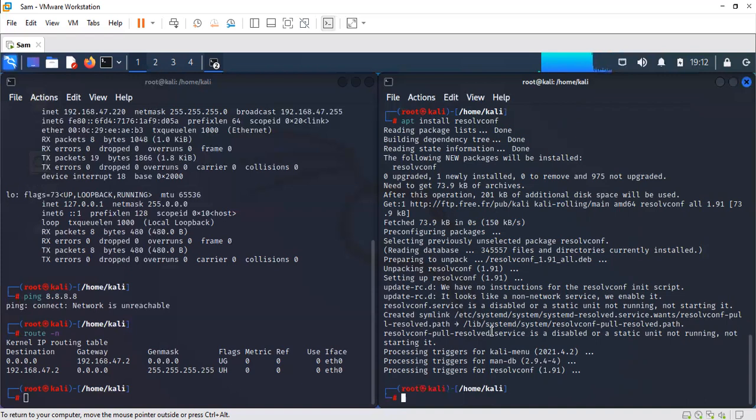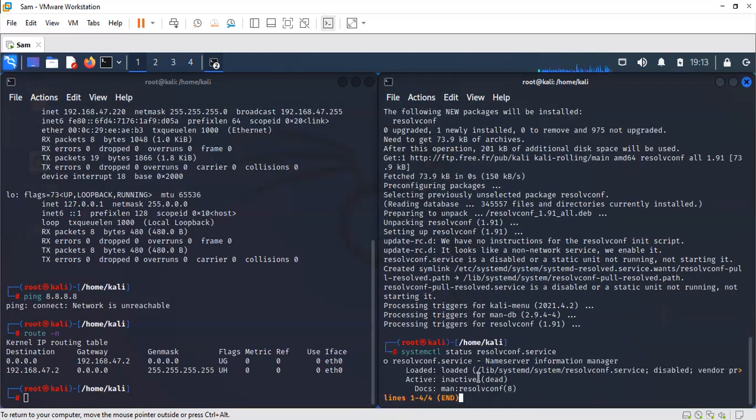Now, usually the resolve conf service is not activated. So in order to check, we write systemctl. We need to check the status. So status of resolve conf dot service. As we see here, it's dead, inactive. So in order to exit the state, Control C,